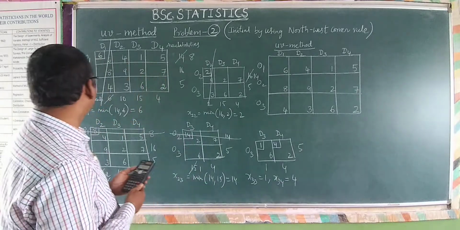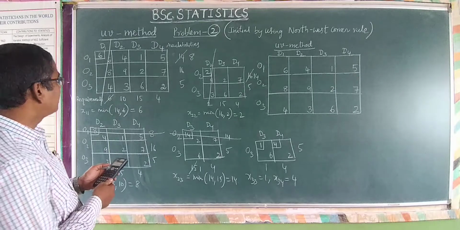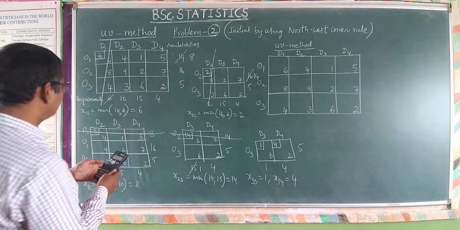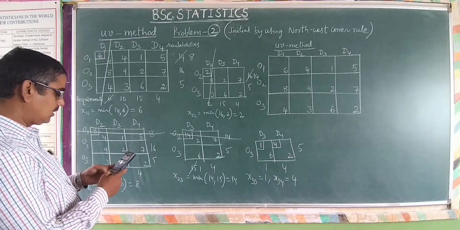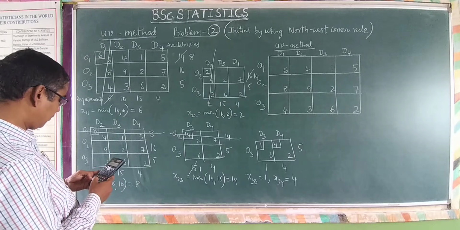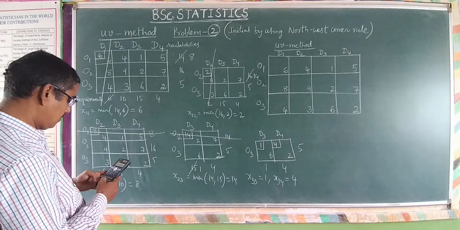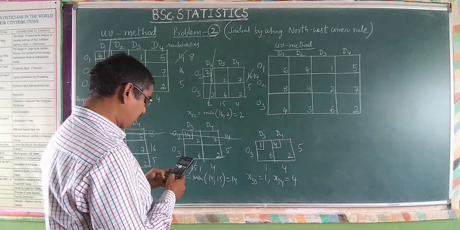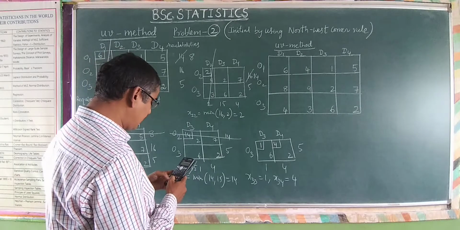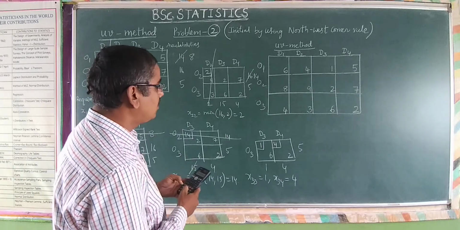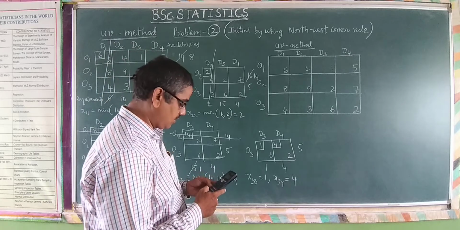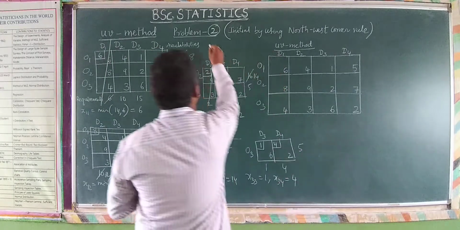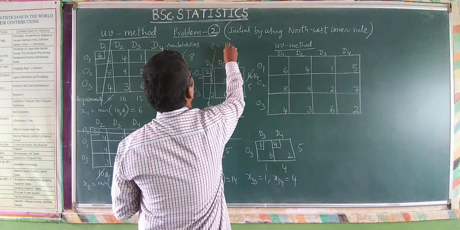Okay. So the cost calculated from this particular table, by using the northwest corner rule: 6 multiplied by 6, 36 plus 8 4s 32 plus this one 9 2s 18 plus 14 2s 28 plus 6 plus 8 is equal to 128. Please write the cost here. That is equal to 128 rupees.